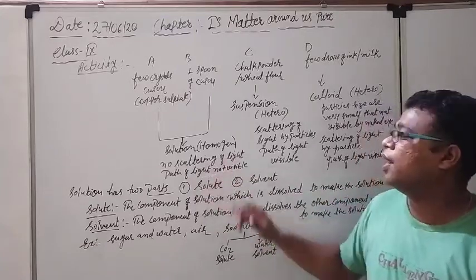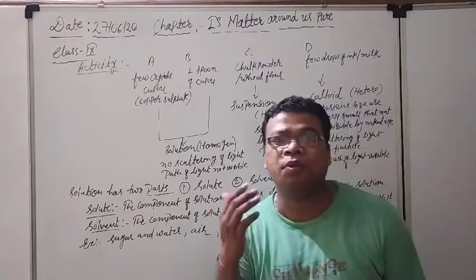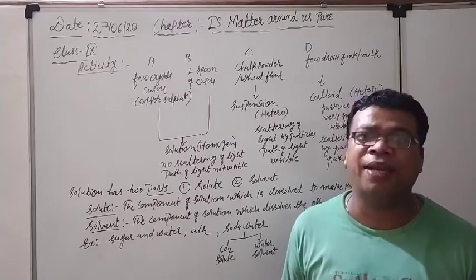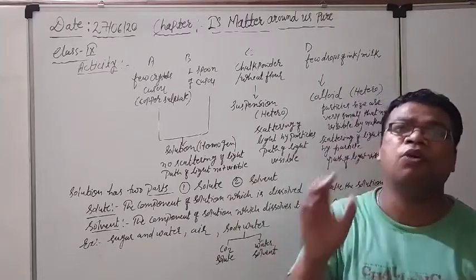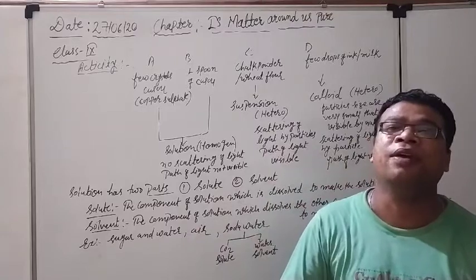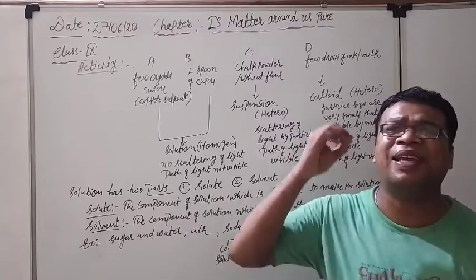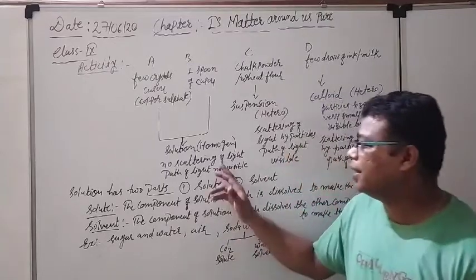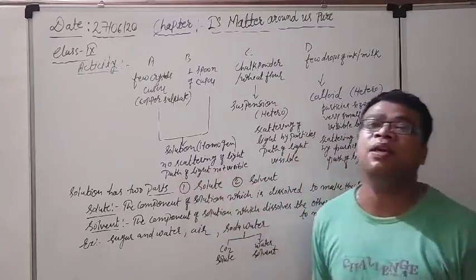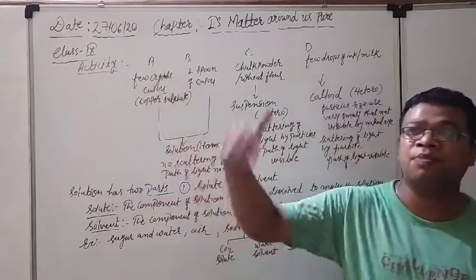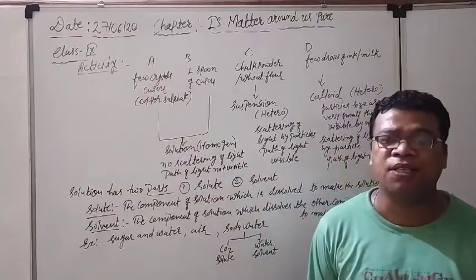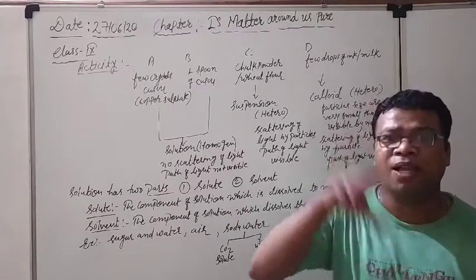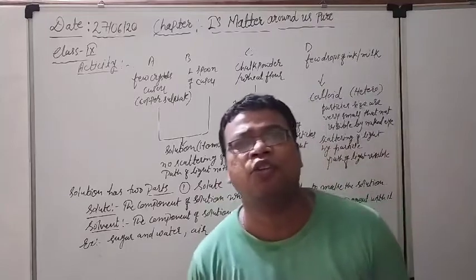There is no scattering of light by the particles, meaning whatever particles might be present there, they show no scattering of light. Why? Because the particles are evenly distributed and the size of the particles is very small. They are completely mixed with the particles of the water, and that's why the path of light will not be visible. If somebody is standing in front of us and looks, there will be no path of light from the glass container. There will be no path of light shown to us.